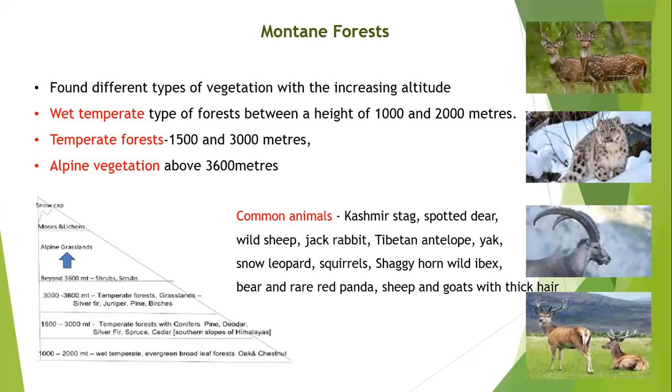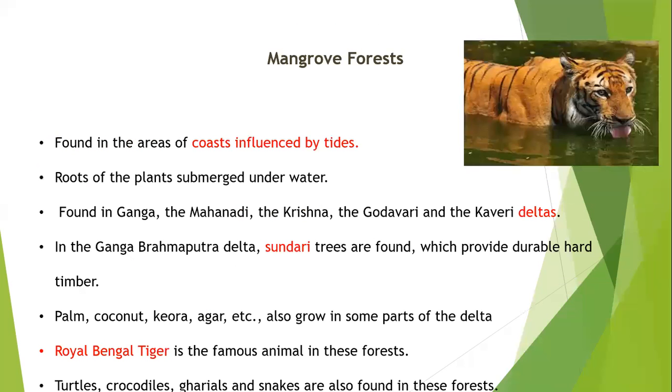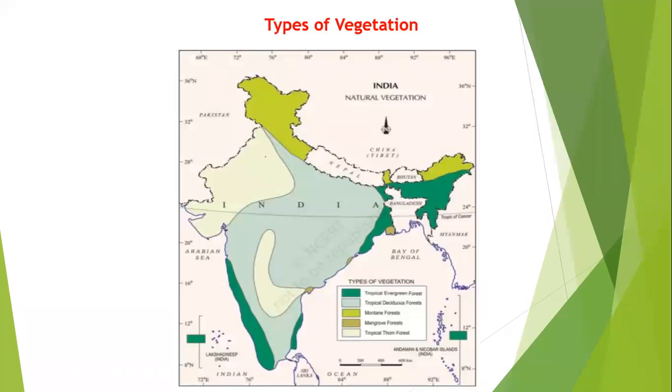Okay, so this is the alpine and the tundra vegetation. With this, children, this is the last part for today. I want you all to look at this image. This shows the kinds of forests in India. And next class, my first question to you is going to be, how many types of forests are found in India? I want all of you to have this answer ready.